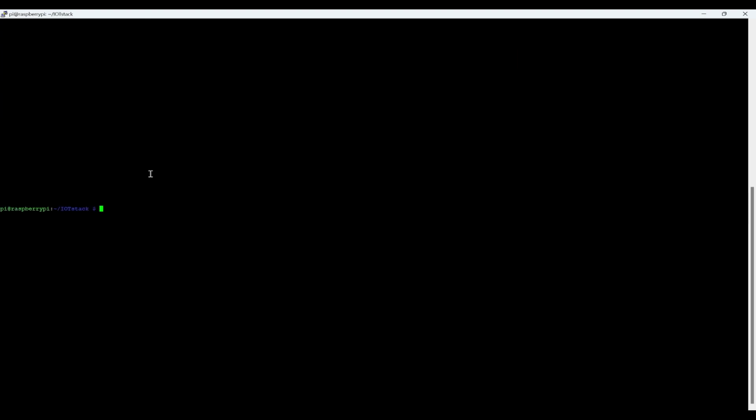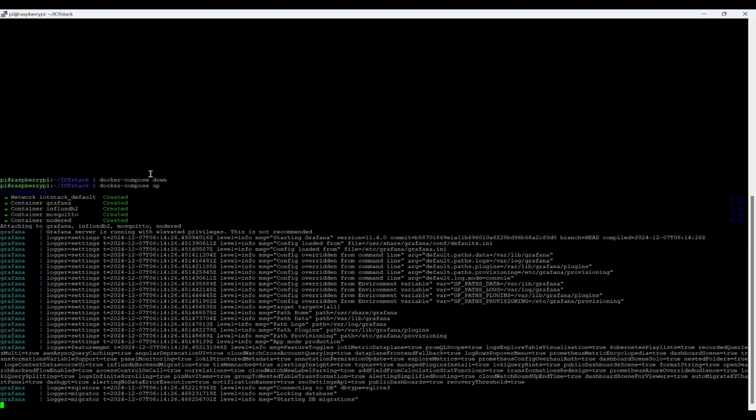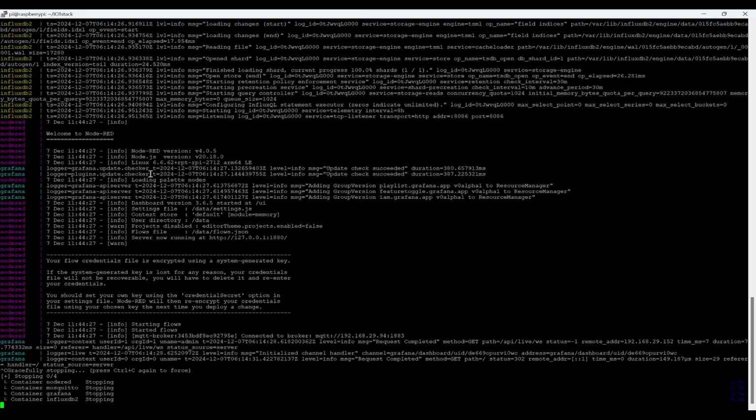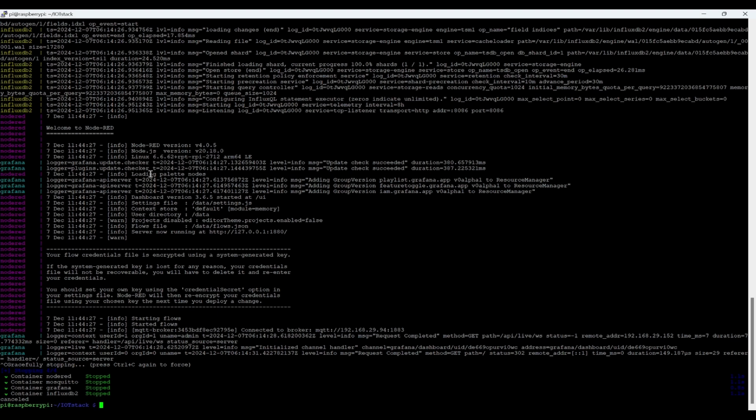Another way would be to directly use a Docker command like docker compose down. Just because we have recently stopped it, docker compose down is not going to show you any value. But there is an option called docker compose up. So instead of using menu, you can also use this to bring up all the containers, and Control C will stop them. This is another way of starting and stopping the IoT stack.